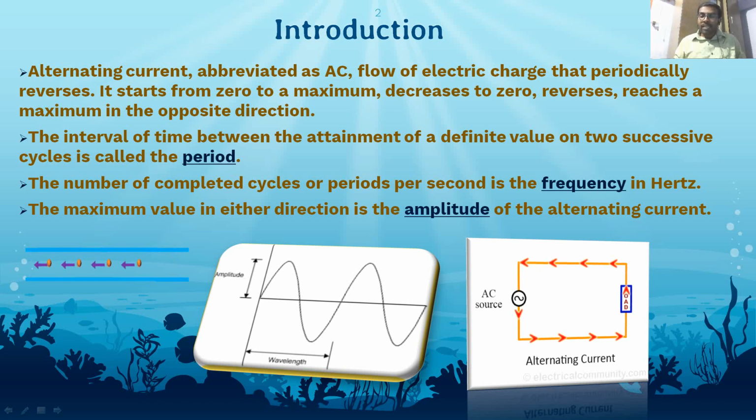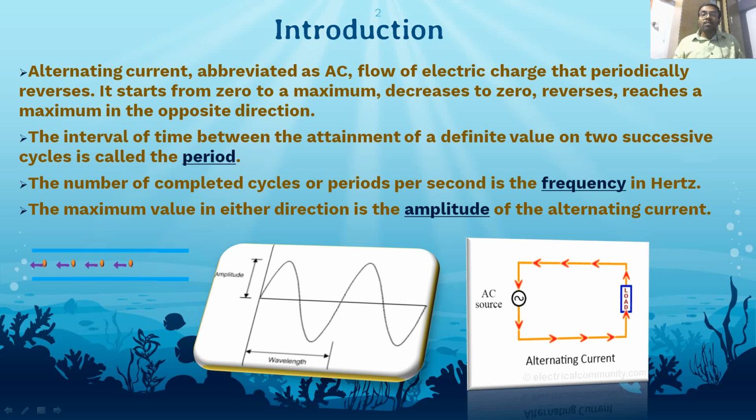Okay, so the one complete cycle is called as wavelength, lambda, right? The time taken to complete one complete cycle is called as time period. Okay, the time which is taken to complete a full positive half cycle and full negative half cycle. So this fully positive half cycle plus this fully negative half cycle together is called the one complete cycle or one complete period, time period. Okay, fine. So this time period means complete cycle.